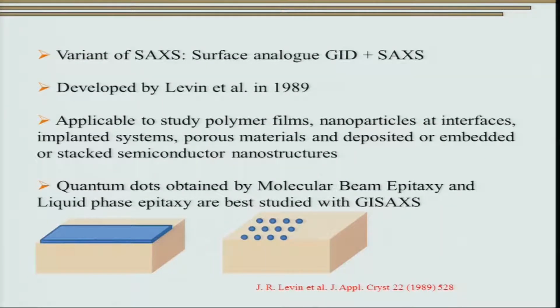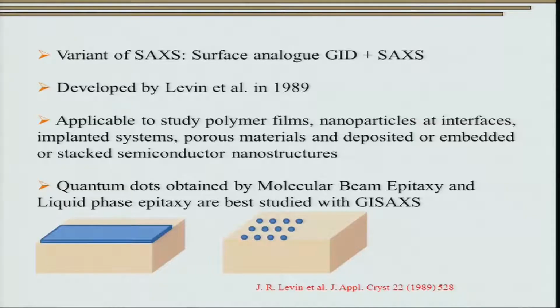As I had already mentioned, grazing incidence small angle X-ray scattering is a variant of small angle X-ray scattering, but it is used extensively for carrying out characterization on the surface. It was developed by Levine et al. in 1989. So, you can realize that this technique is not something that is pretty old. In fact, it is less than 15 years that this technique has evolved. However, the development in this technique has been tremendous in the last 15 odd years, and it is used extensively in almost all synchrotron sources all over the world,